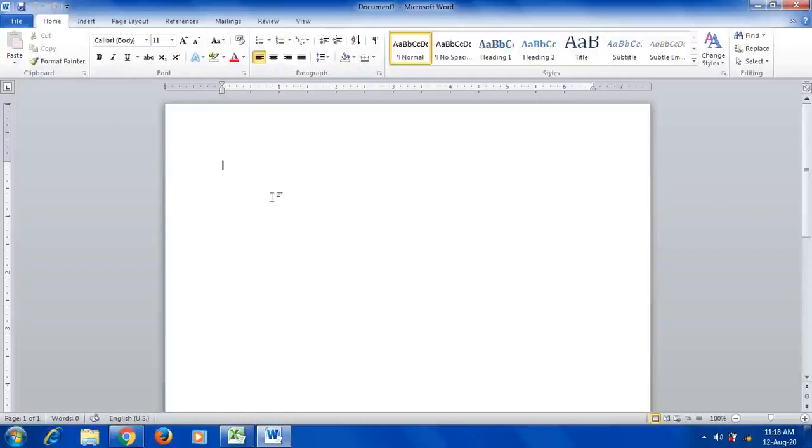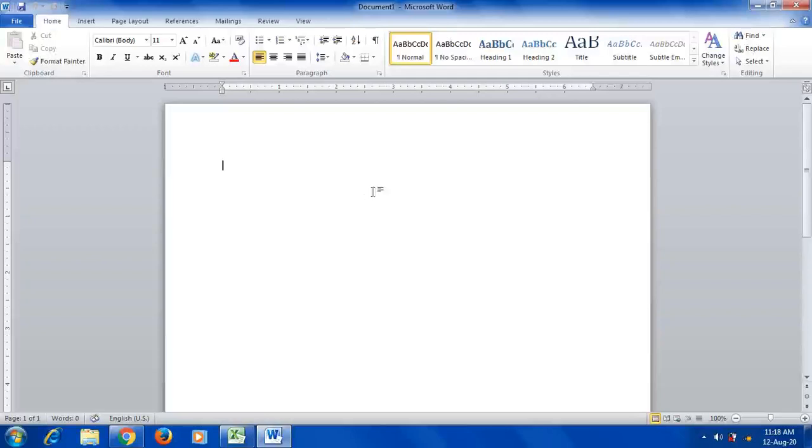Here Word provides different ways to insert a table in a document. So we have different types of options, and you can follow any method to insert the table in Microsoft Word. Let me go one by one. The first option I am going to use is the table grid. So by using the table grid, how to insert the table, just check it.